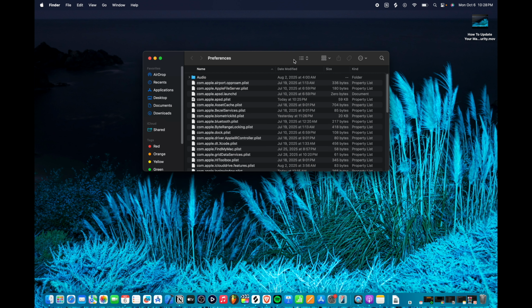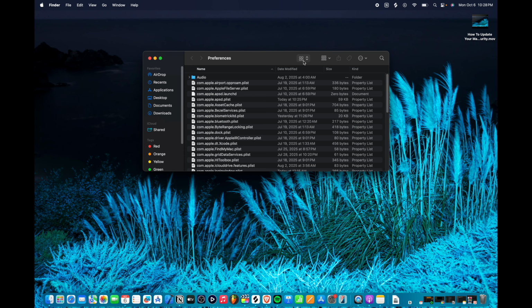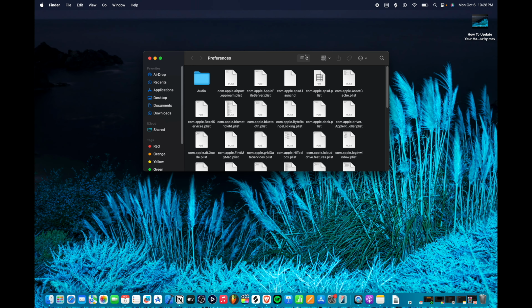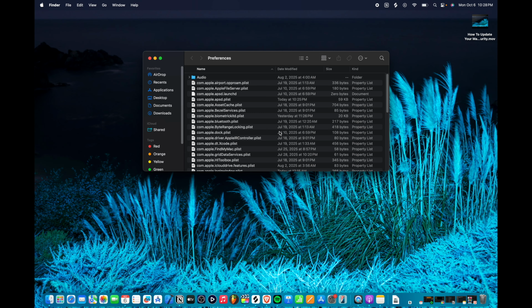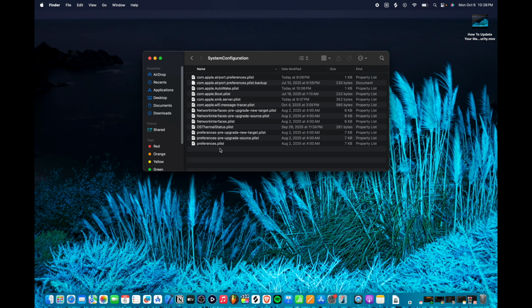Once you do that, you're gonna find icons or a list. It depends. If you have them as icons, change it to as list and then go to system configuration. Once you do that, select